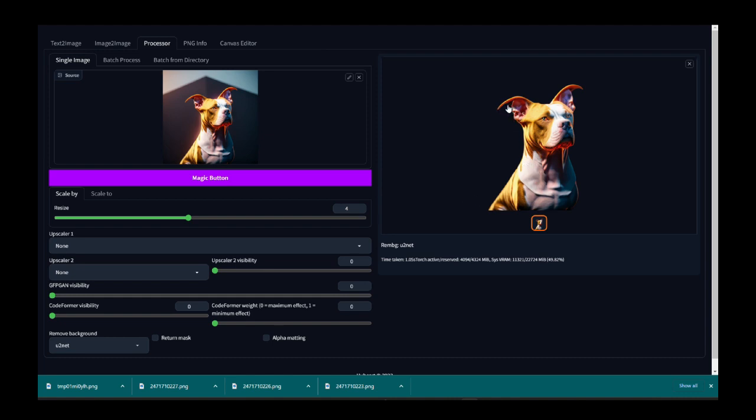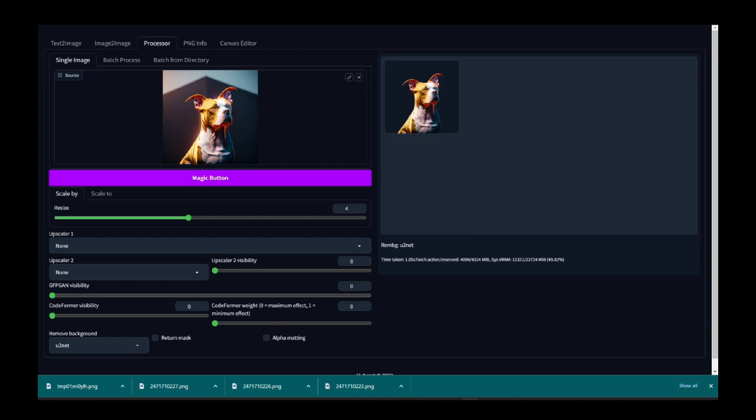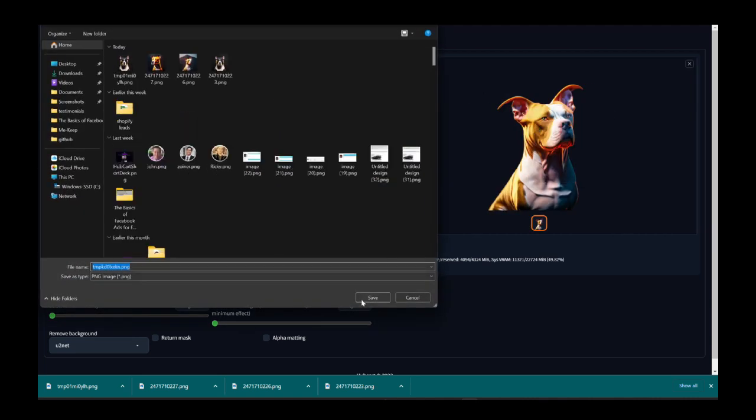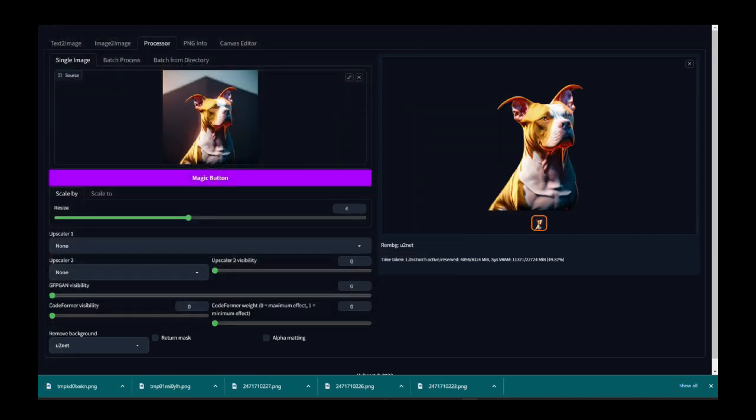I don't really like the way the ears are looking on this one though. So maybe I won't use that one. We'd have to fine tune it with some prompting to get the ears right. I'm going to go ahead and save it anyways. Save image, save. And then I'm going to grab the final one, drag him over here, hit the magic button